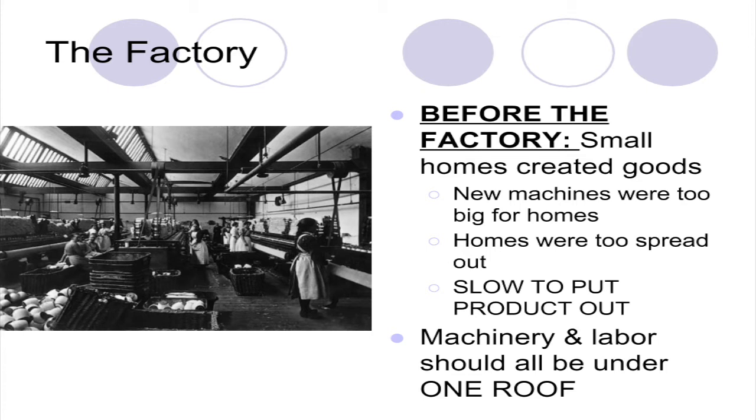And so by a machine making products much quicker, eventually things will become much easier to get. And so again, you can see homes could not hold these huge machines as we talked about. And eventually you'll have the machinery, you'll have people working in the factory, it'll be all under one roof, and your boss and all the managers can make sure that all the products are being created quickly, efficiently.